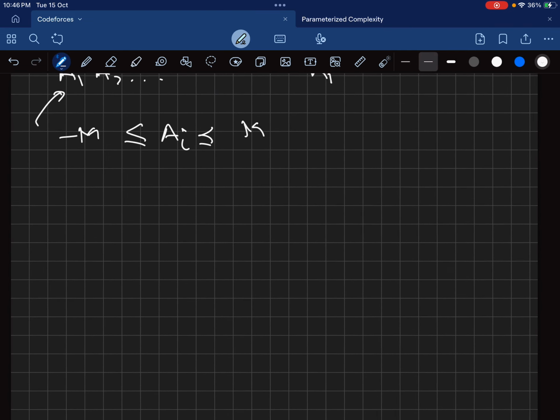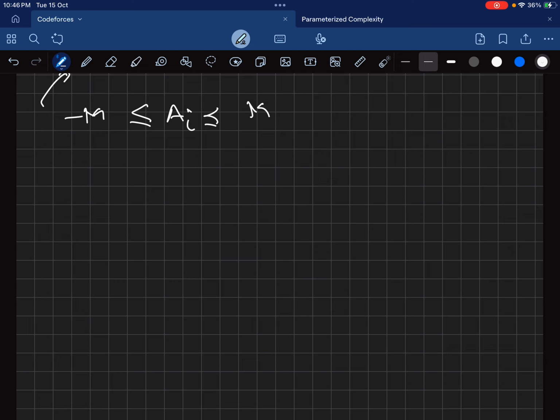So first of all, we'll maintain dp of I comma j, which tells us that with intelligence equal to I and strength equal to j, what is the maximum number of attributes you can cover at the point where we encounter